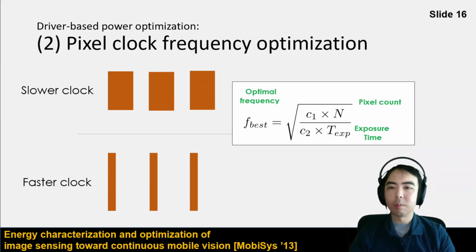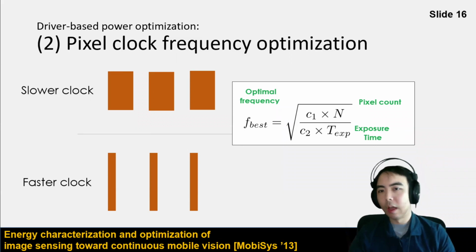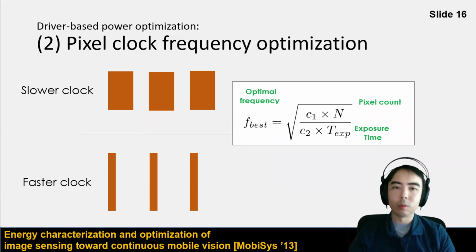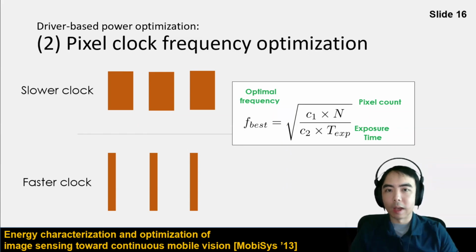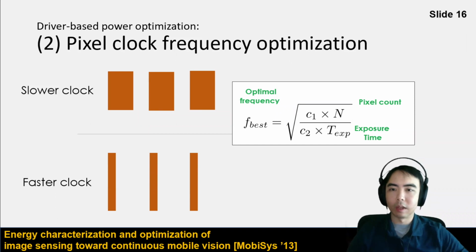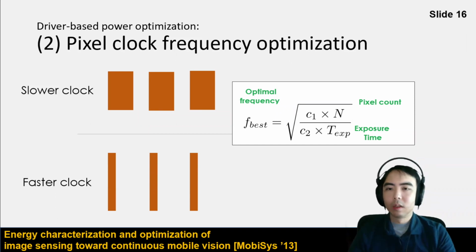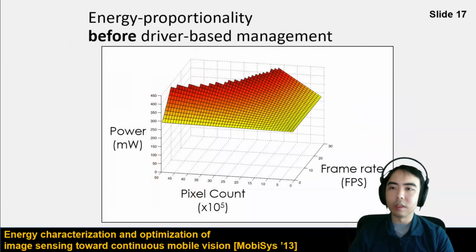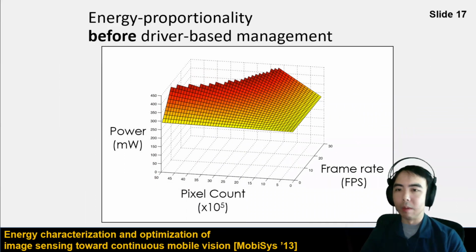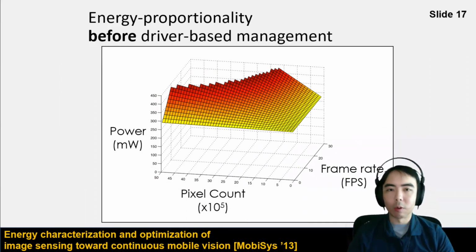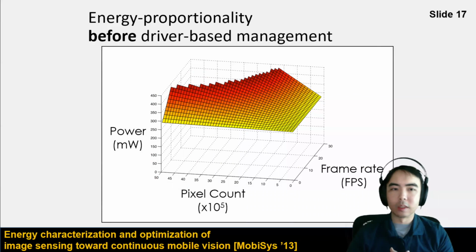It turns out to be a function of your pixel count and your exposure time to choose the optimal frequency that minimizes that area under the curve, given your task at hand. So together, these two techniques allow us to save a lot of energy per frame and lead to much lower power of image sensing.